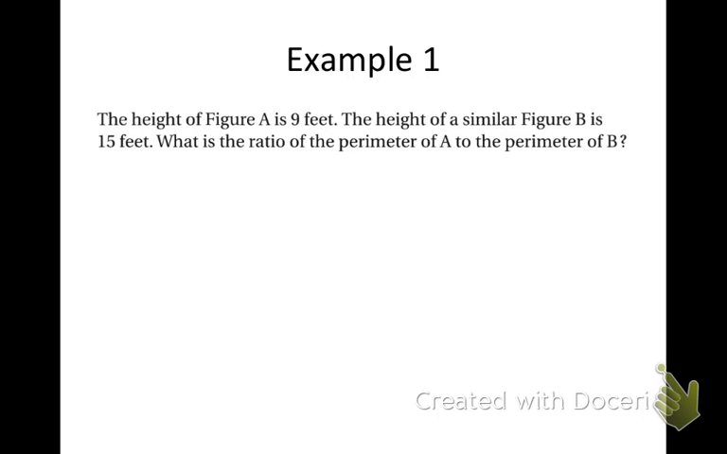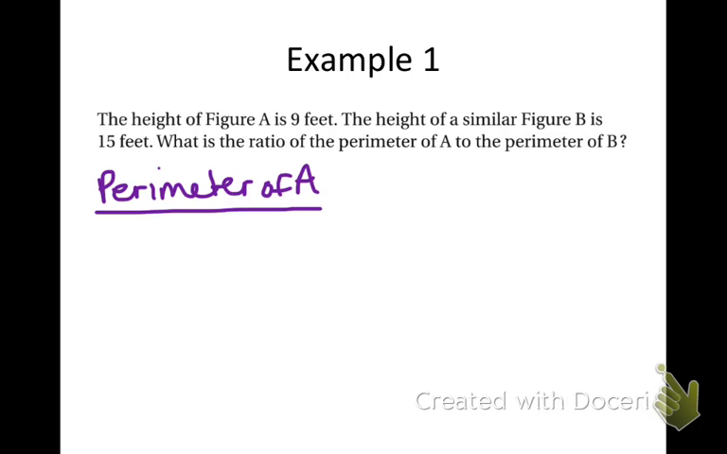So in example 1, the height of figure A is 9 feet. The height of a similar figure, B, is 15 feet. What is the ratio of the perimeter of A to the perimeter of B? So always start by writing down what you're looking for. So we want perimeter of A to perimeter